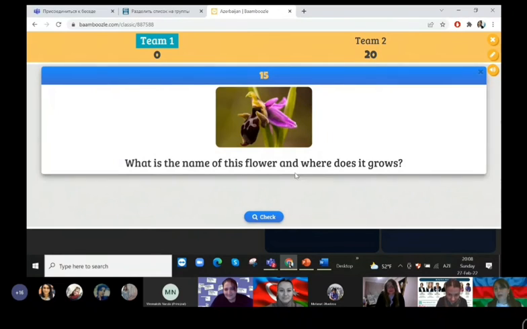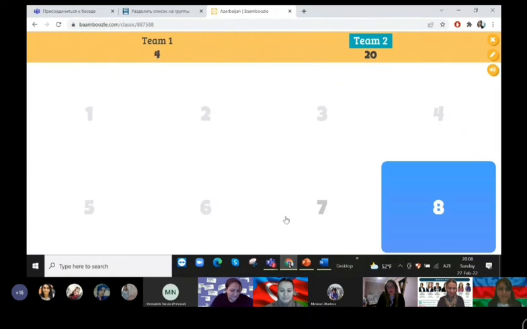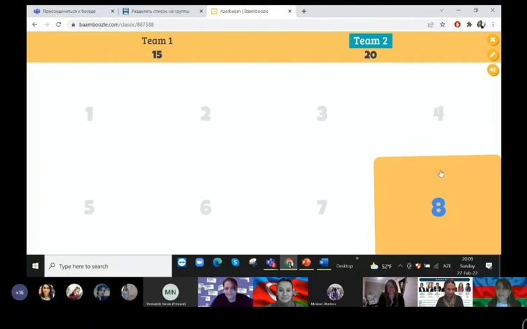What is the name of this flower and where does it grow? Kara bülbül. Yes. This is Kara bülbül, grows in Shusha. It is symbol of our victory. Thanks. And our teams have, first team has 15, second team has 20 points, and the next,